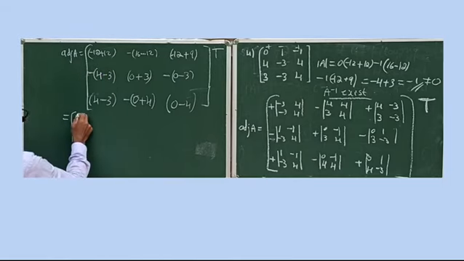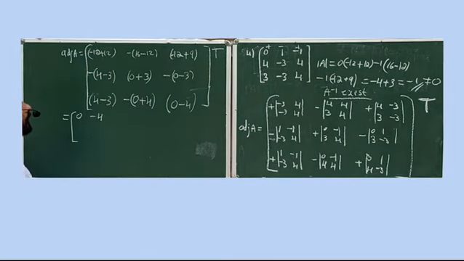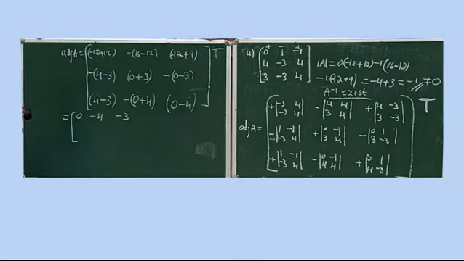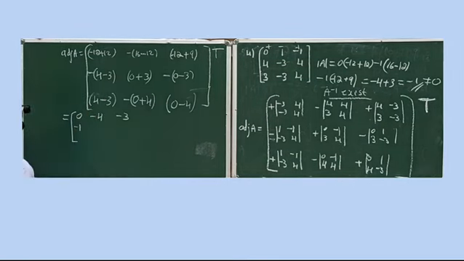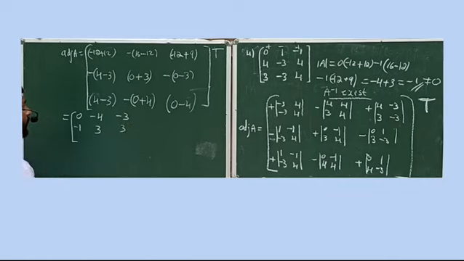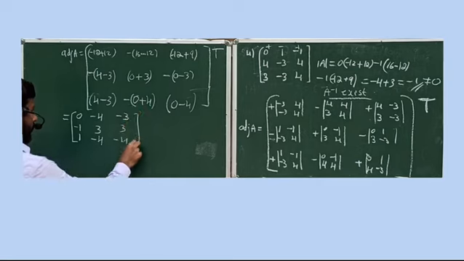Okay, now see it's equal to minus 12 plus 12 is 0, 16 minus 12 plus 4, but minus is there, here you will get minus 4, minus 12 plus 9, it's equal to minus 3. Then 4 minus 3 is 1, but minus is there, minus 1. Then 0 plus 3 is 3, 0 minus 3, but minus outside, so plus 3. 4 minus 3, it's equal to 1. 0 plus 4, but minus is there, so minus 4. 0 minus 4, minus 4, transpose.